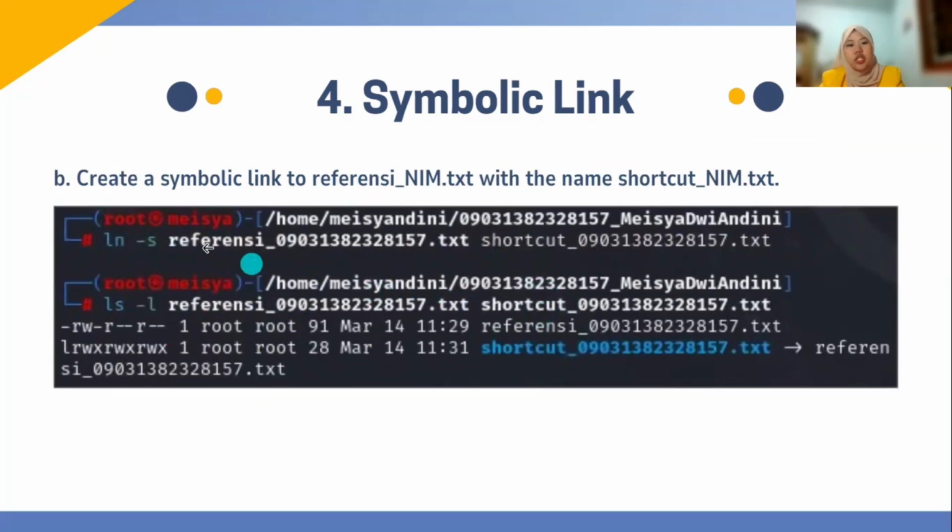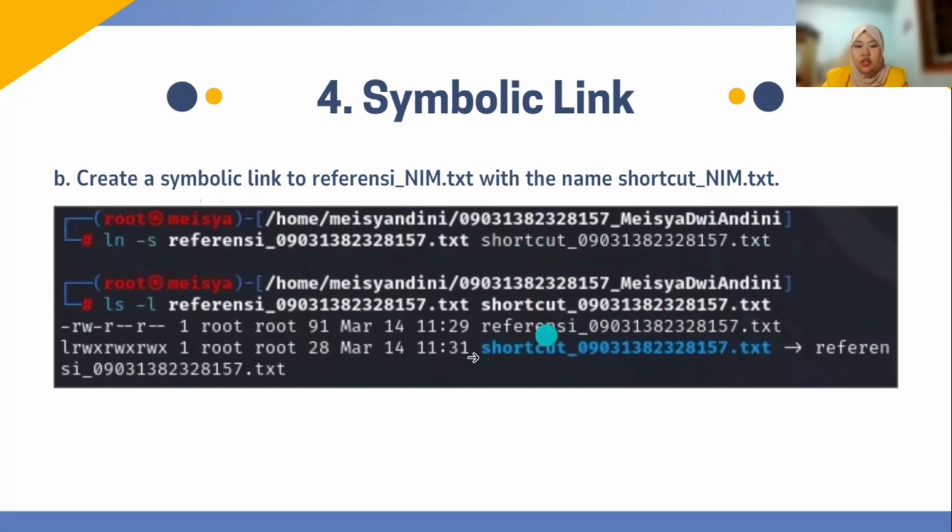The next instruction is to create a symbolic link to referensi_name.txt with the name shortcut_name.txt. We use ln -s referensi_name.txt space shortcut_name.txt.